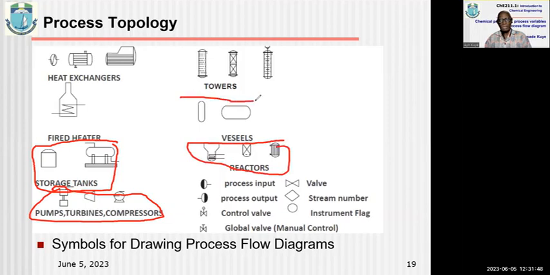You have vessels here. And again, generally speaking, the process input is represented by this. Valves are represented by this. And then stream numbers are usually put